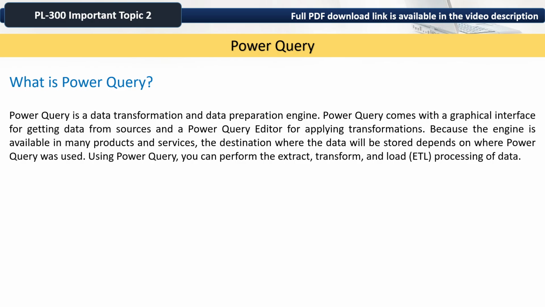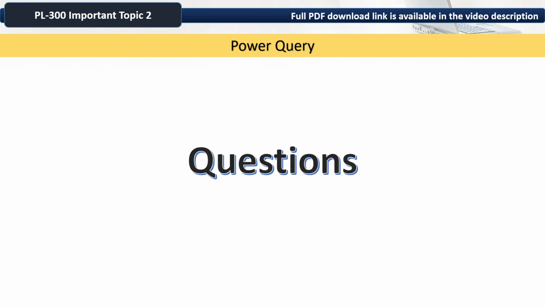It comes with a graphical interface for getting data from sources and a Power Query editor for applying transformations. Because the engine is available in many products and services, the destination where the data will be stored depends on where Power Query was used. Using Power Query, you perform the extract, transform, and load processing of data. To the questions related to this topic,